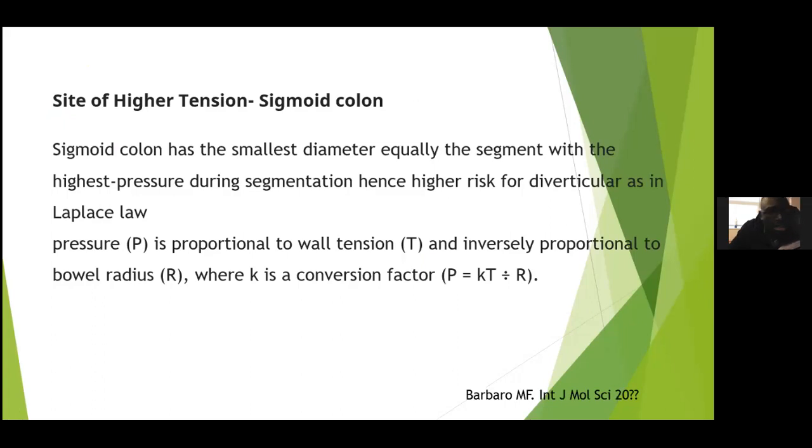There is also the idea that it is due to high tension, seen mostly in that it occurs more in the sigmoid colon. The higher the tension, the higher the risk of developing diverticular disease. The sigmoid colon has the smallest diameter and is equally the segment with high pressure. So during segmentation, because of that high pressure and the small lumen, it seems to develop diverticular disease more. And this can be explained